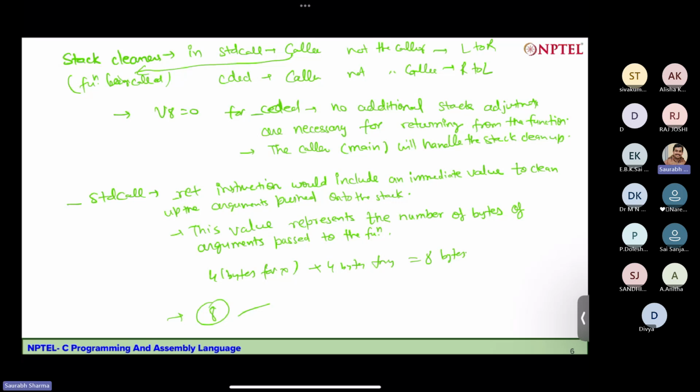Because cleanup doesn't occur at main. That is default in CDECL. So cleanup will not happen inside the function. So it will return 0. Okay, so it will be 0